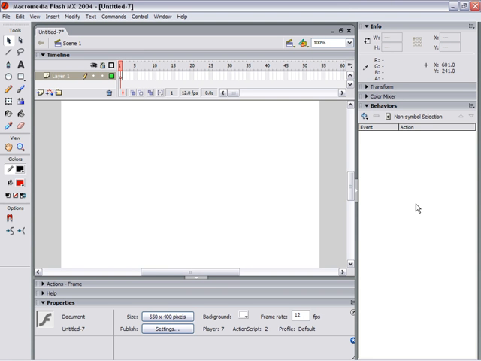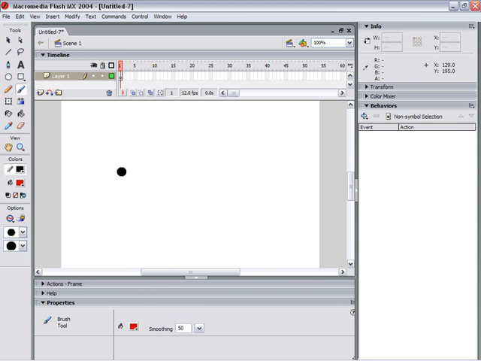In an earlier exercise, you saw how to draw shapes using your pencil tool. Well, right next to the pencil tool in the toolbox is your paintbrush tool. Go ahead and select that tool. Now, the paintbrush tool is somewhat similar to the pencil tool in that you can draw lines with it, of